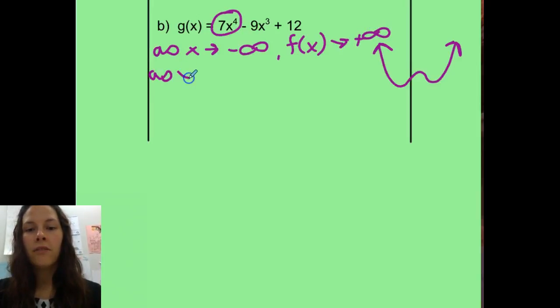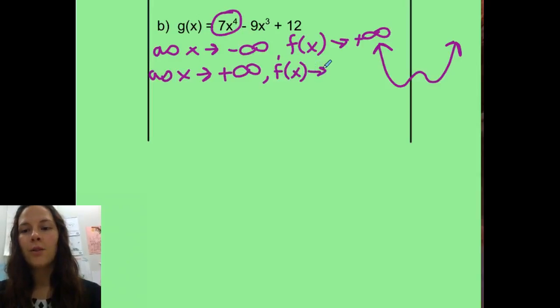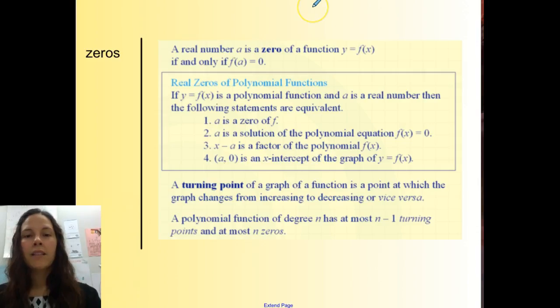Off to the right of the graph, as x is getting very large or approaching positive infinity, our y values are also increasing, so they are also approaching positive infinity. Zeros you should be familiar with. Again, a lot of information on here, but basically what it boils down to is the zeros of the function